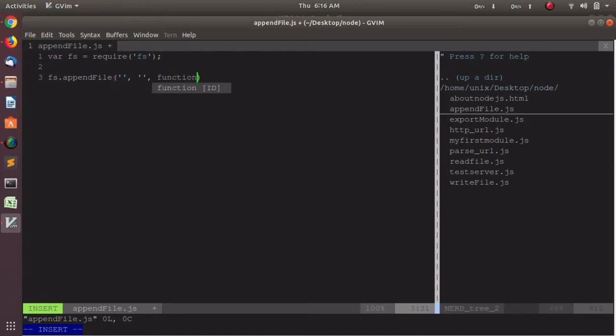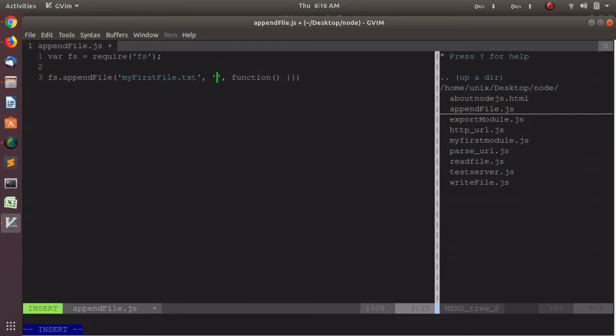The first one is our text file name, so I'm going to use myfirstfile.txt,